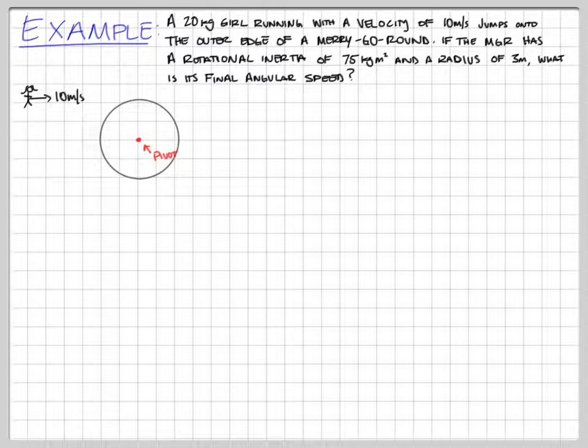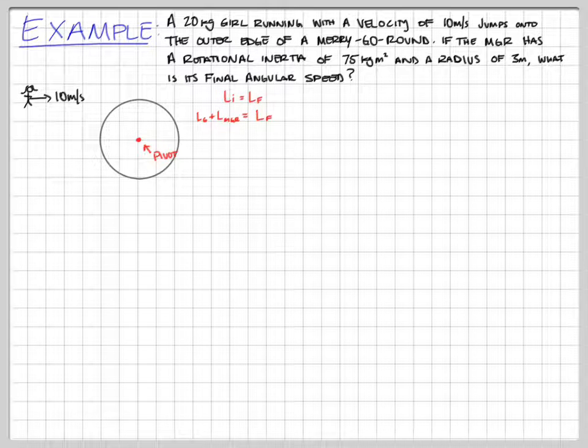Now, from this situation, we see that both objects are free to spin, which means we can use the conservation of angular momentum. We know the conservation of angular momentum has an omega in it, which is very important for finding the final angular speed. So, initial angular momentum is equal to final angular momentum. In the beginning,